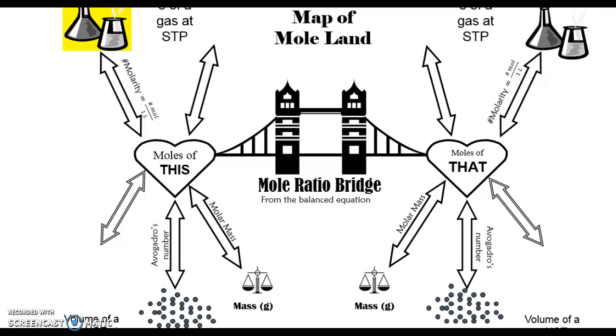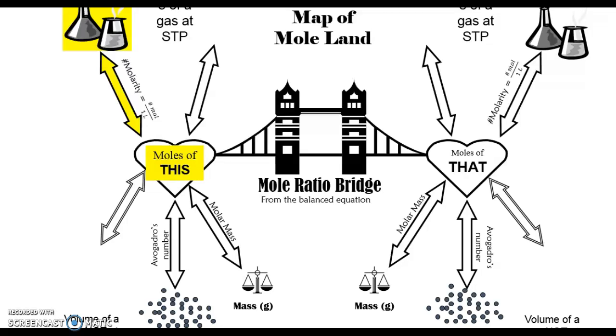So since I'm given milliliters, I'm going to have to change to liters. But really I'm over in that top corner of the map of mole land. And so first thing I need to do is get to moles, and you can see that on this map, the connection that allows me to get from liters to moles is the molarity itself as a fraction style ratio. So by using a fraction of the molarity, I can solve for moles of the chemical that I have measured,